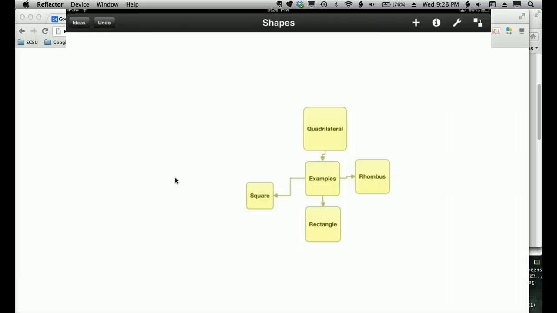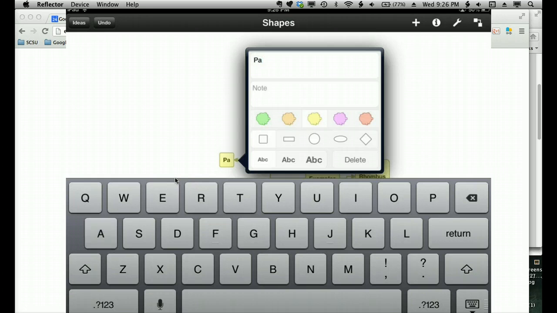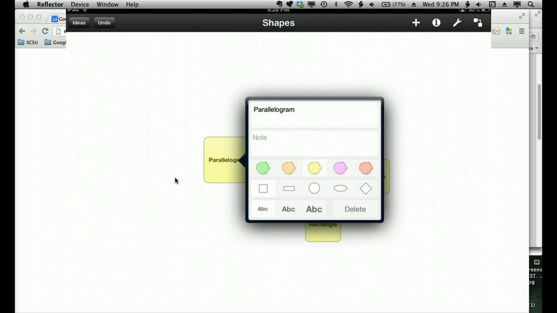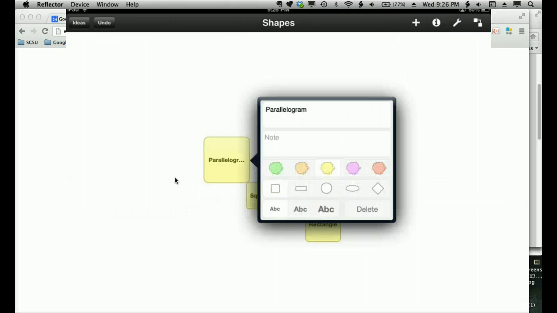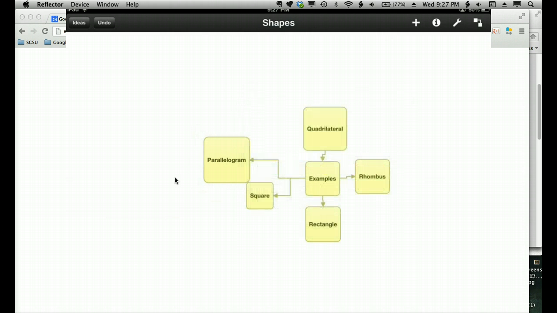So then what I can do is, well, let's add actually parallelograms here by just dragging out. Now you'll notice that this word doesn't fit in the box. So if I click on the box, I can change my font size by picking the letters. So I'll go so the word fits. Now I can then classify my examples. I can classify them by,